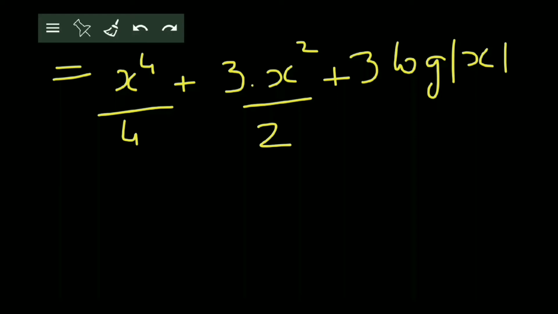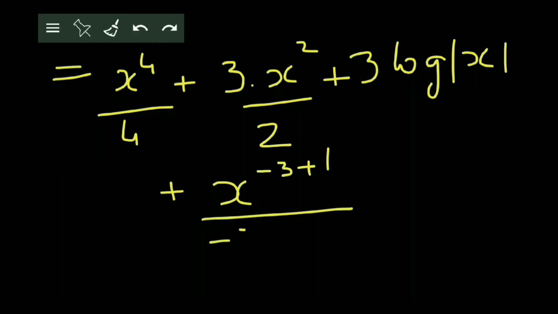Okay, and the last term we have written as x raised to minus 3. So x raised to minus 3 becomes, we'll write it this way first, x raised to minus 3 plus 1 upon minus 3 plus 1, by using the formula x raised to n from the previous step. Now the first 3 terms remain as they are. The last term becomes minus 3 plus 1 is minus 2, upon again minus 3 plus 1 in the denominator, that becomes minus 2.